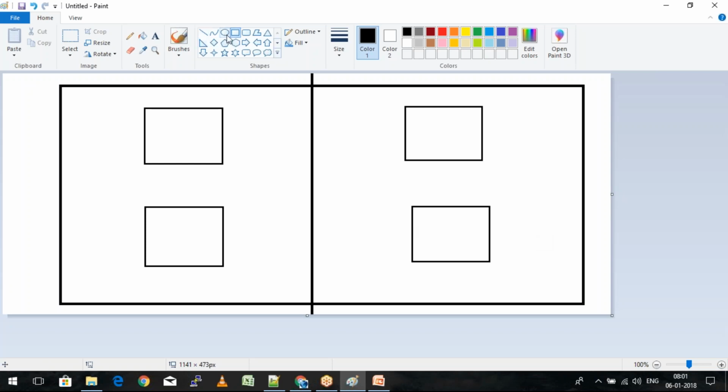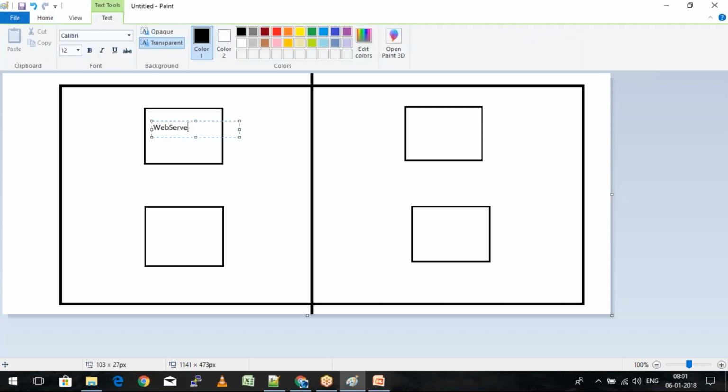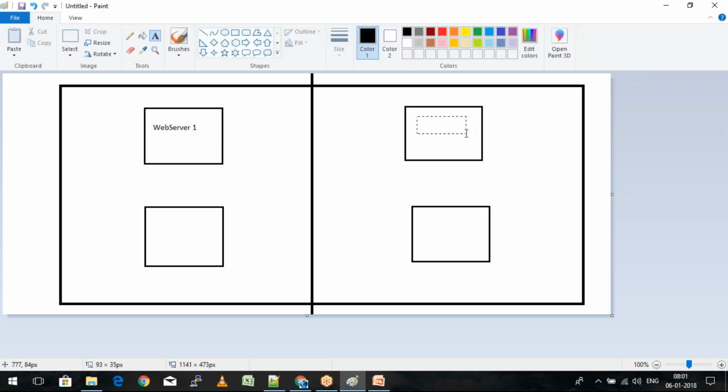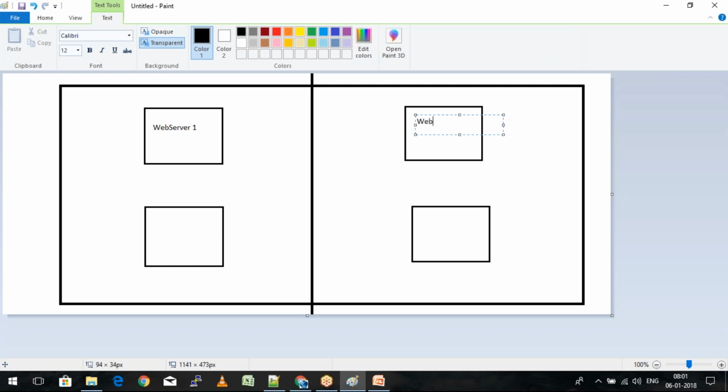Now what I'm going to do is I'm going to go ahead and put up my web server in this. Web server 1, I'll put across my web server 2 here.